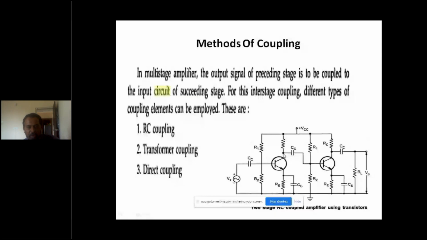The advantage of direct coupling is low frequencies can be better amplified. The disadvantage is the second amplifier's DC conditions may get affected by the first amplifier's DC conditions. Do you know what is the meaning of DC conditions? Biasing. This we usually select for the simple CE amplifier, we bias it such that it operates in active mode. Because of direct coupling, the operating point may be changed. Okay, fine. So these are the 3 types of couplings we may use while we cascade amplifiers.